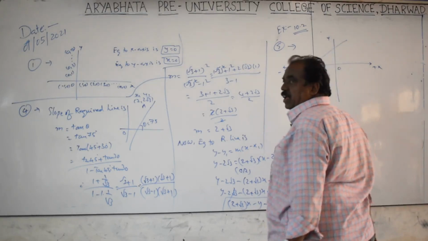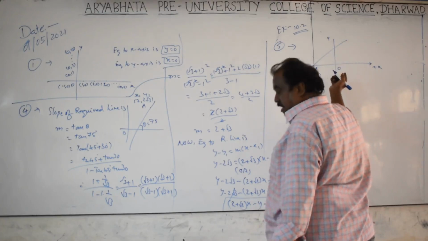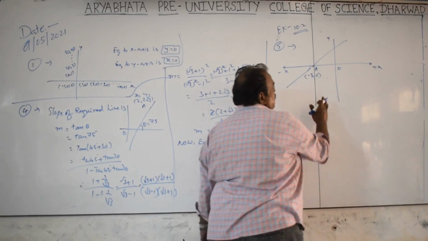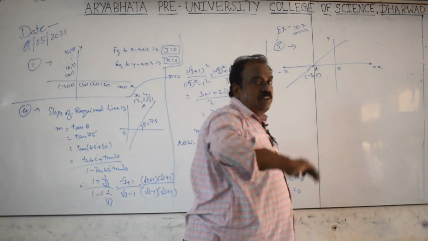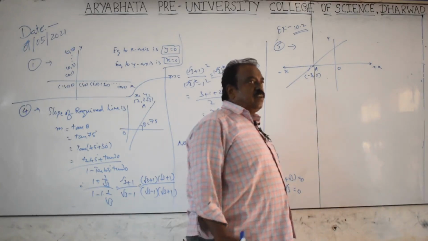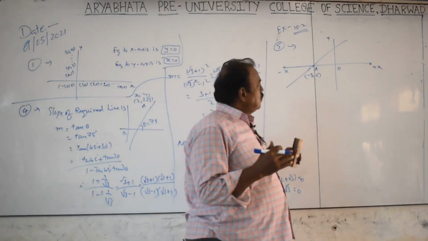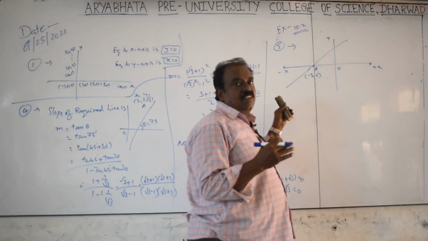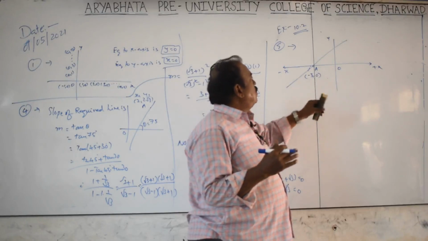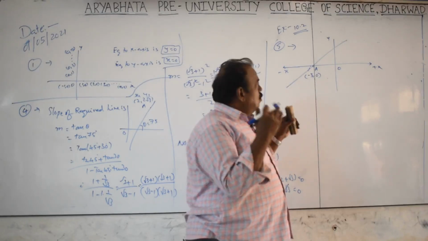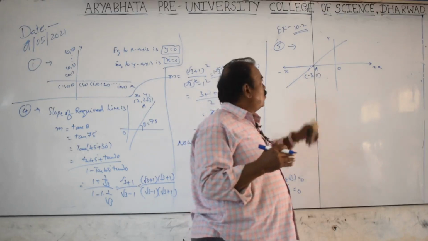It intersects the x-axis at a point capital A, which is left side to the horizon at a distance of 3 units. It is 3 units, but I am writing minus 3 here because it is left side to the horizon. Left side means we are in front of the diagram. So the point is minus 3 comma 0, on the negative side.